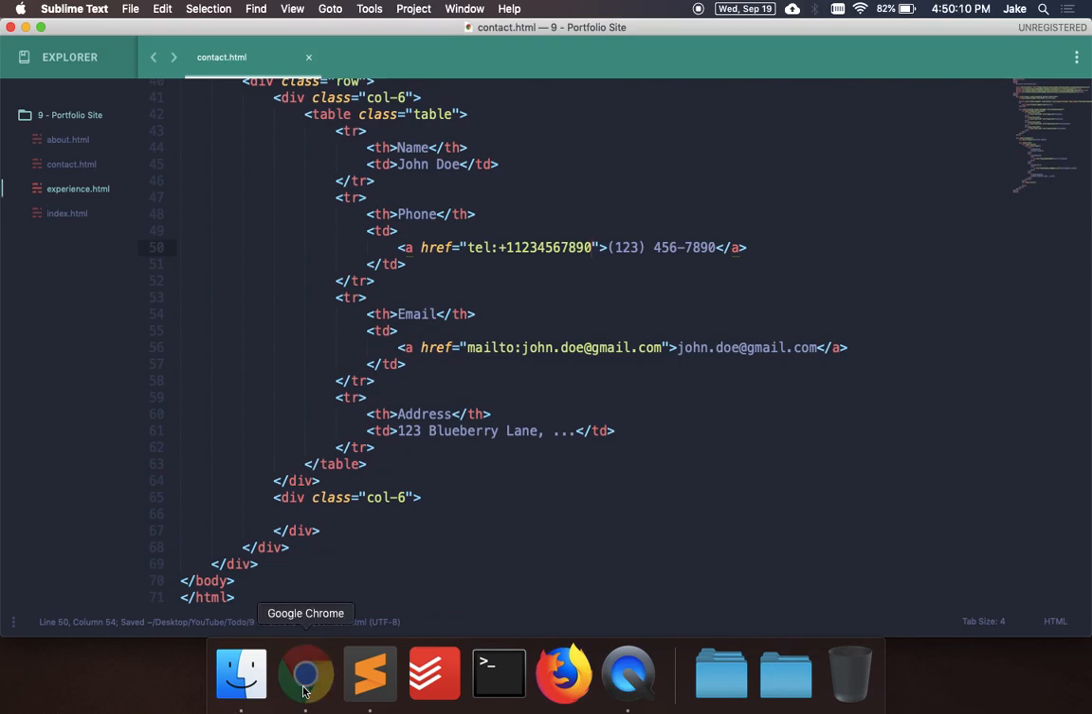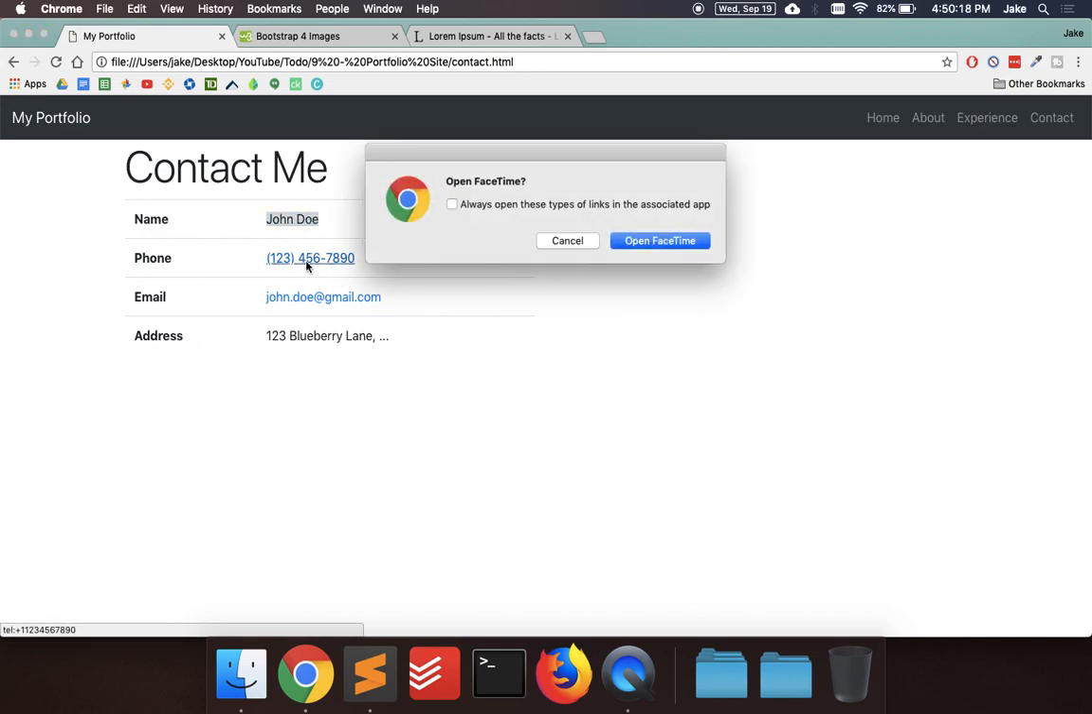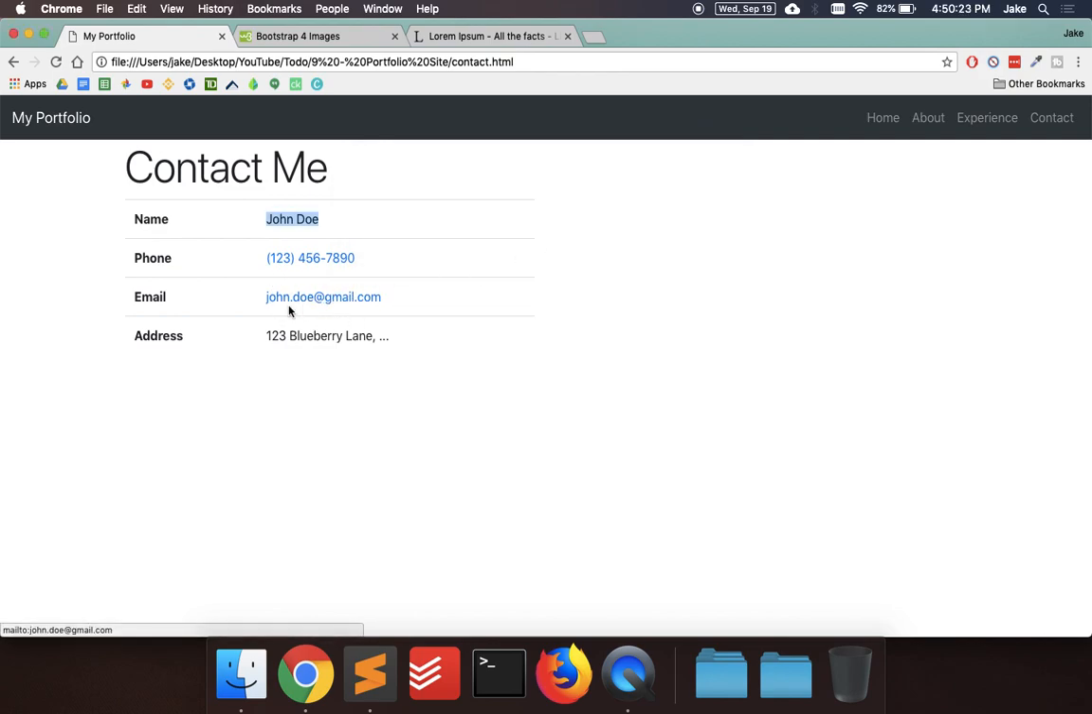So let's look at our work so far. So we can come here, go to contact, and we can see we have a nice table with a name, phone, and if you click on it, it will ask to open FaceTime on a Mac. If you click on the email, it opens my mail client, and then you have the address here. So in the next column,